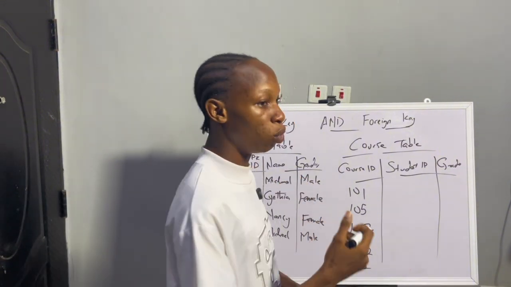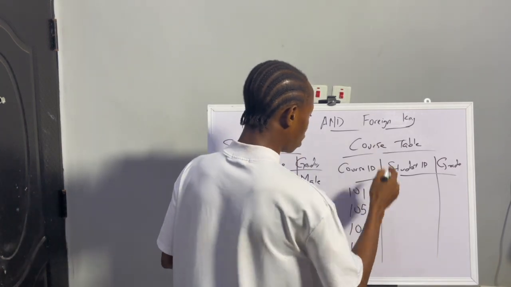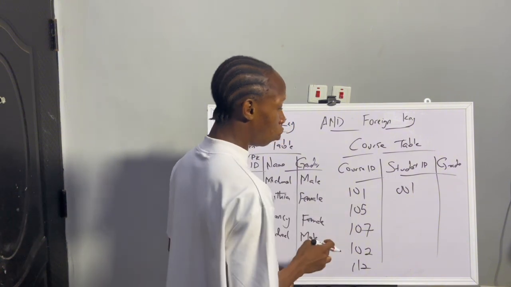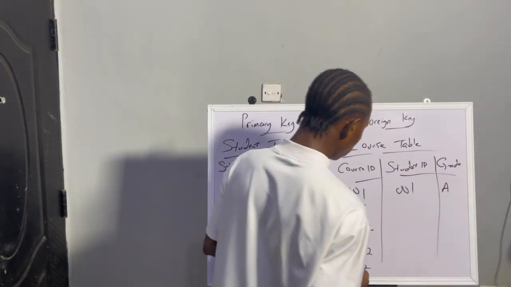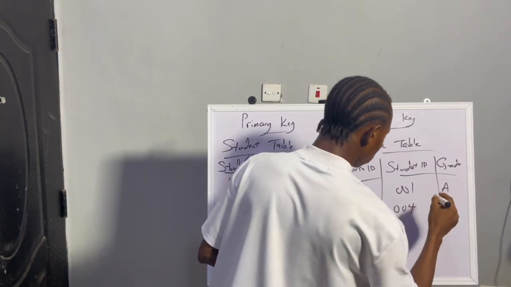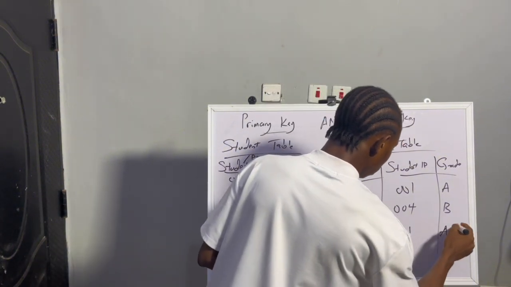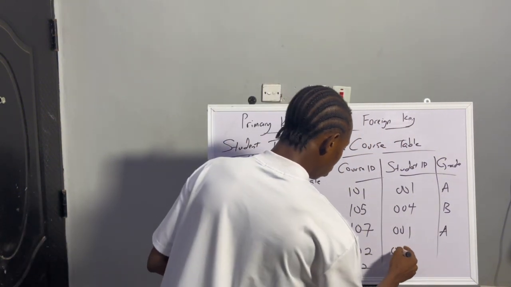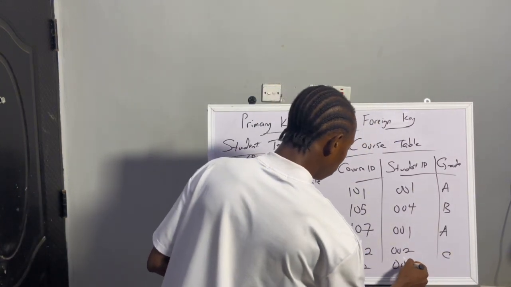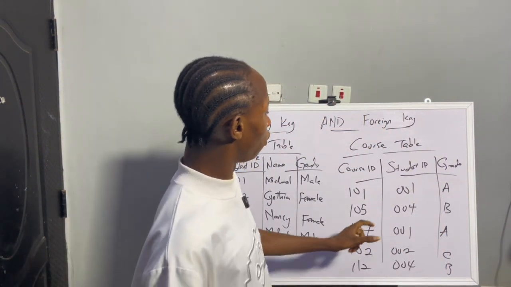So student ID, we want to know the number of courses taken by some students. So let's have 001. It took 101 with grade A. Let's have 004 with grade B. Let's have 001 again with grade A. Let's have 002 with grade C. And let's have 004 again with grade B. So now, from this table now,